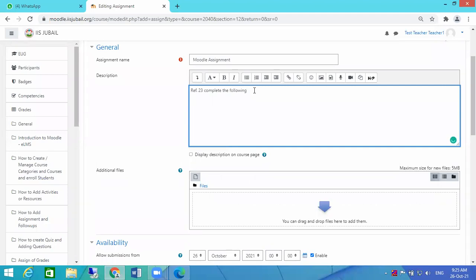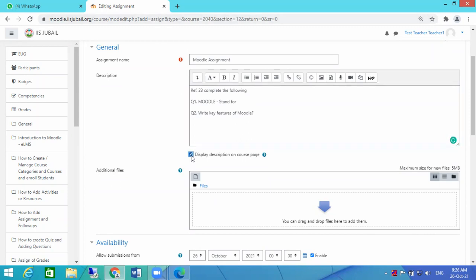If you have direct questions, you can write the direct questions. I'm focusing on the direct questions now. You can refer to this and just display the description. If you want to give any instructions, you can give them. Yesterday we saw that we gave the instruction in audio, and also in video. That is also one way we can do that. Otherwise, you just write the content and give the instruction.